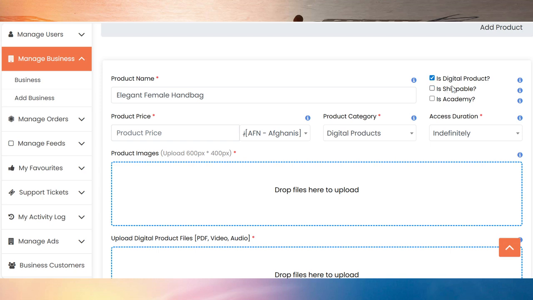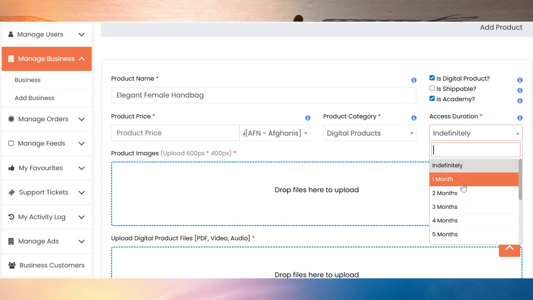But if it's not shippable, if it's not something that will be printed as a hard copy, then you leave it. But if it's something that is delivered online, like a kind of online class, tutorial for students, for learners, then you select is academy. Then once you select academy, you can now choose, like here, how long product can be accessed after purchase, right?